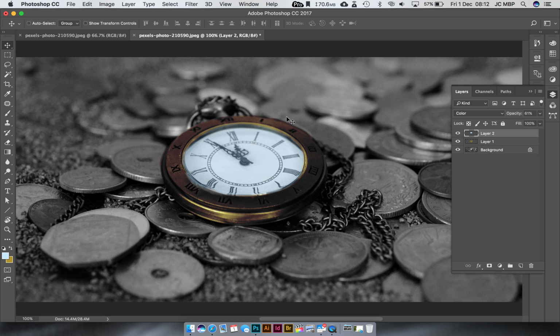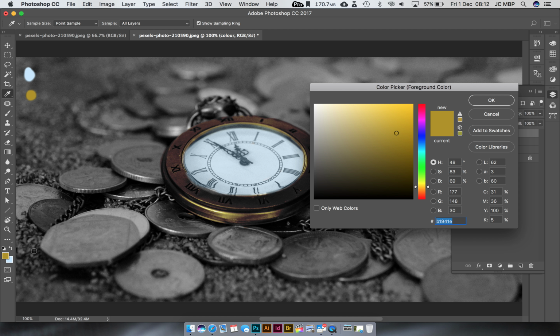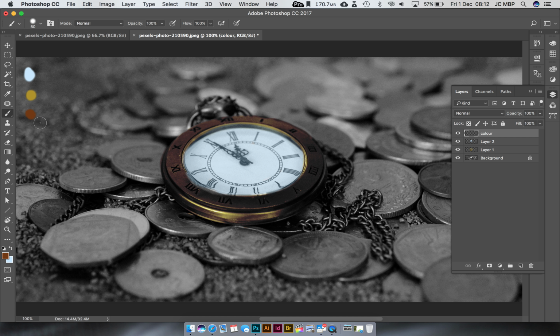Now, Zach in the other class was saying, how do I remember my colors? This is a good question. I would say create a new layer. We can double click on the word and I'm going to say color, and every color that I want to use, I'm just going to use that color there. So swap that color around, and because we've only got a maximum of 2 colors, let's say I wanted to use like a brown color over there, another kind of brown. I'm now going to put that color there, and then I can create a new layer to have pretend brown